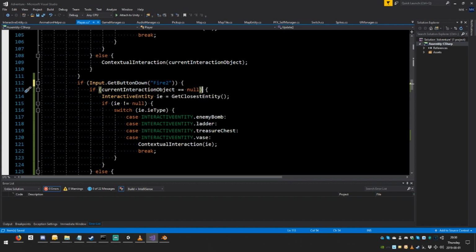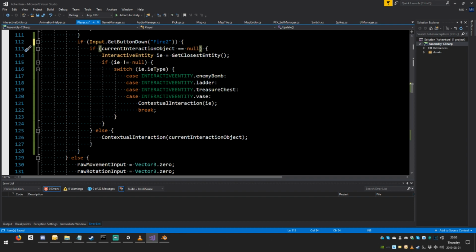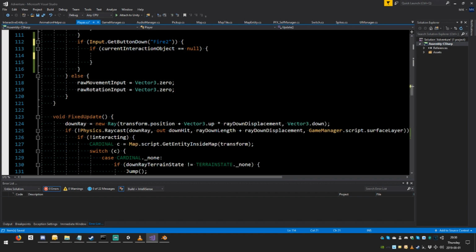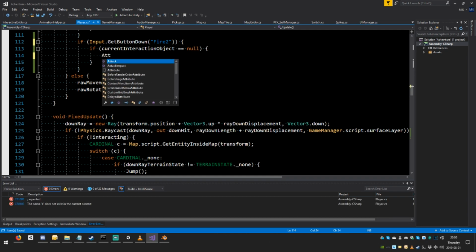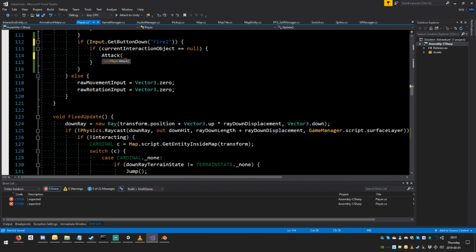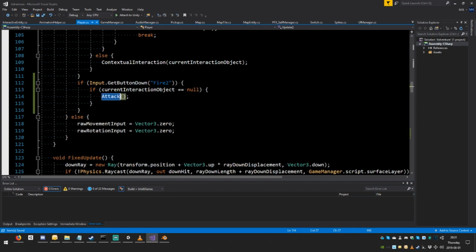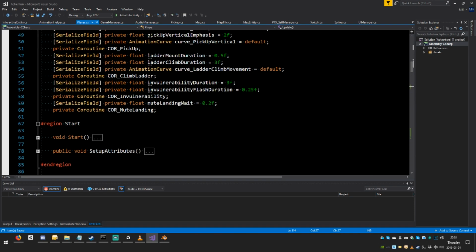So current interaction object is null. Sure, that's okay. Contextual interaction. Yeah, we can only do it if the object is null. So that's correct. Otherwise, it's not happening. And now we're going to simply execute the attack. So call attack. Open, close round. Semicolon. Nothing else. So while you're attacking, though, you can't do anything. We have to block all other movement. We also need another